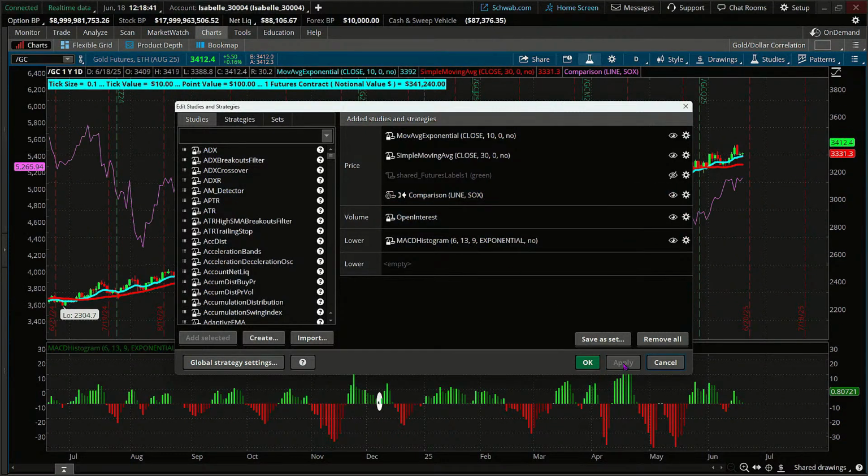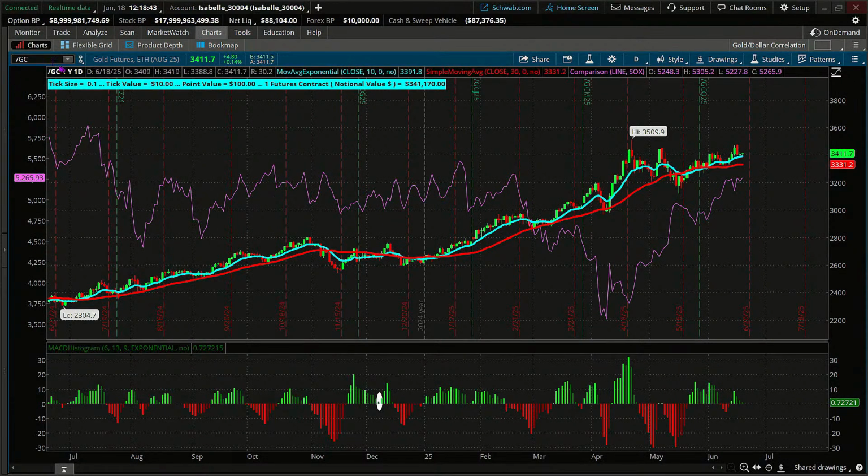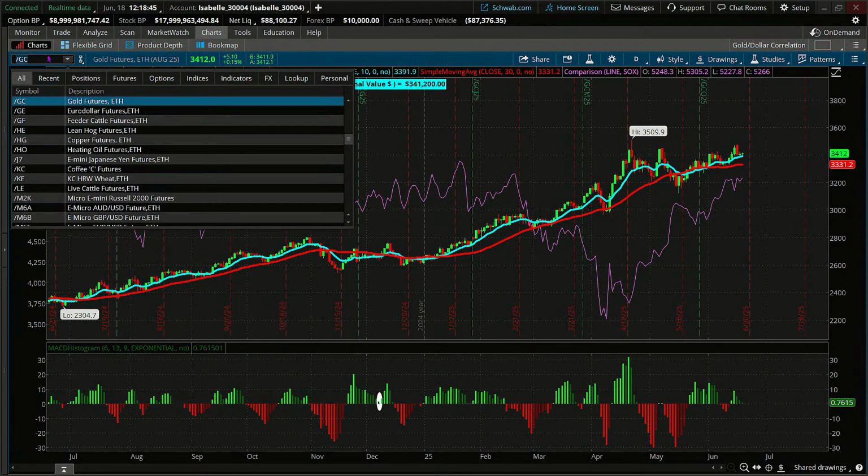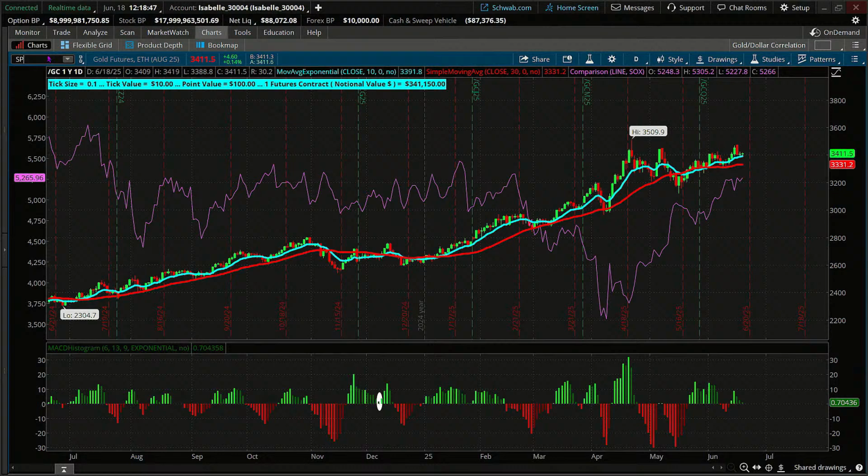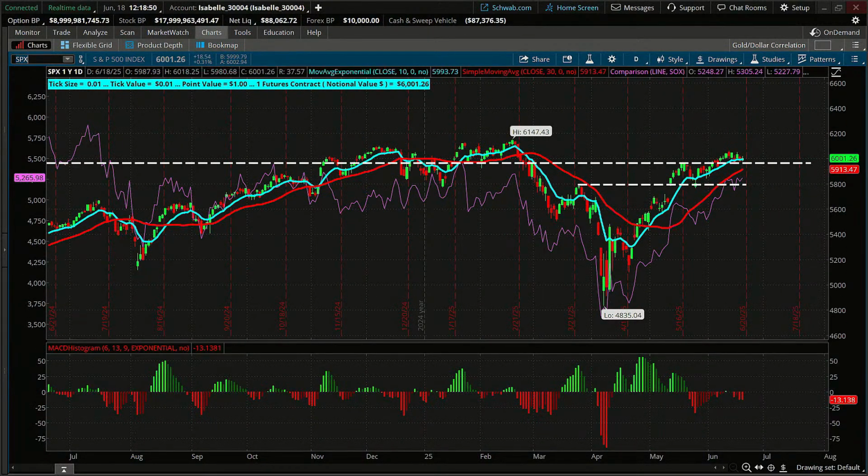I'm going to hit apply. And then I'm going to change this, instead of gold, I'm going to just change this back to the SPX. And so now I'm looking at the relationship between the S&P 500 and the semiconductor index. And boy, am I seeing quite a clear correlation in movement.